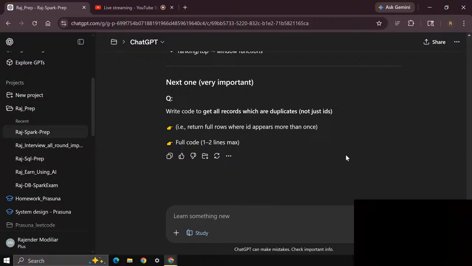Return full rows where ID appears more than once. Okay, it is not giving me that idea, but let's see. Not getting the idea, buddies. I don't know what to do. Return full rows where ID appears more than once, full code, one or two lines max.